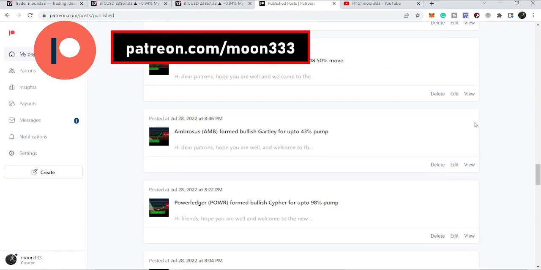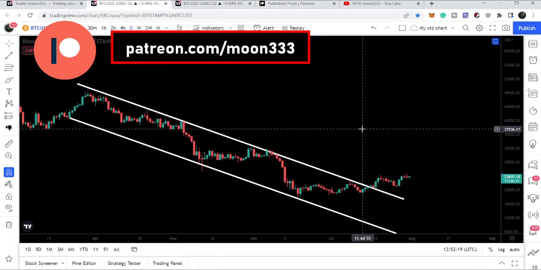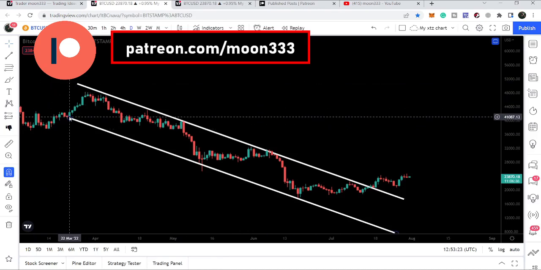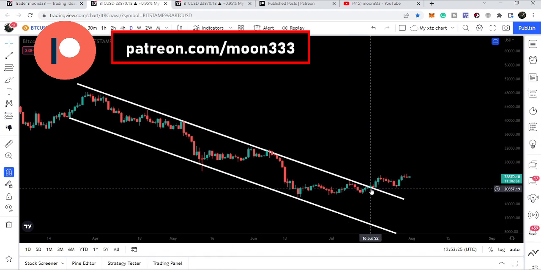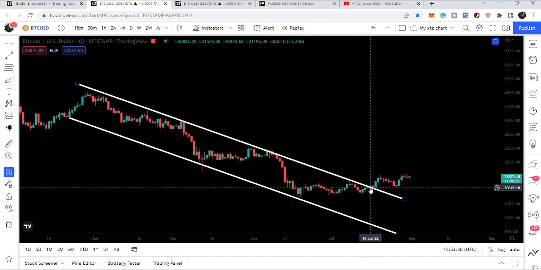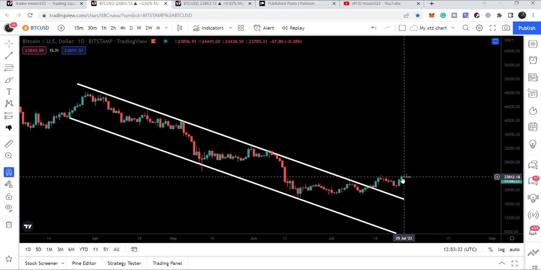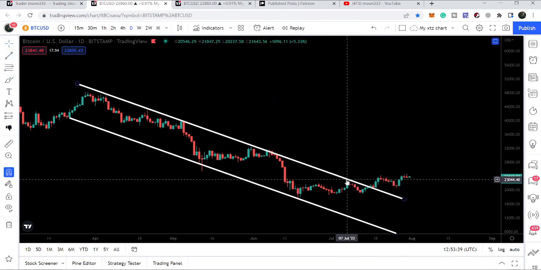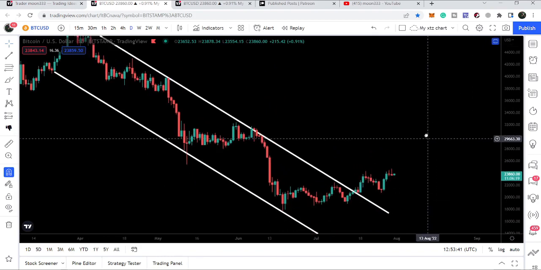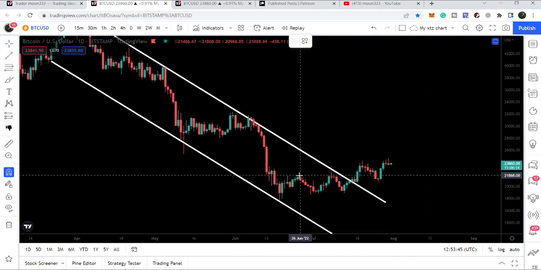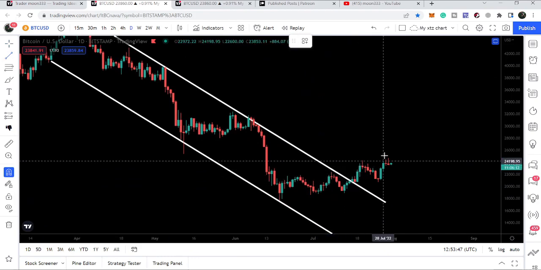So let's start the analysis, and first of all, let me begin with this daily time frame chart. And we can see Bitcoin entered the channel here back in March 2022, and we have recently broken out this channel a few days back here on the 16th of July. And after breakout, you can see that Bitcoin is still moving up after some correction, and there is some certain level of rejection that Bitcoin has found during this uptrend. And you can see we have a rejection here, here, and here as well.